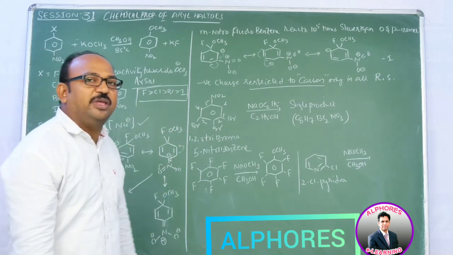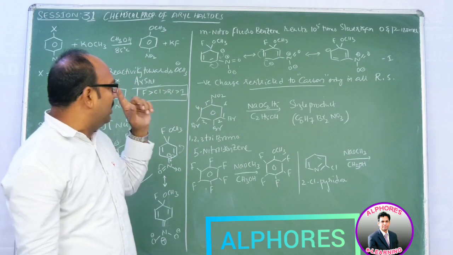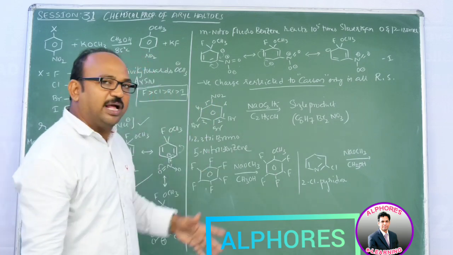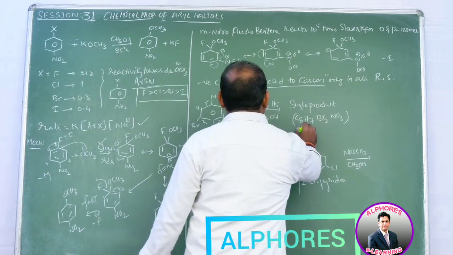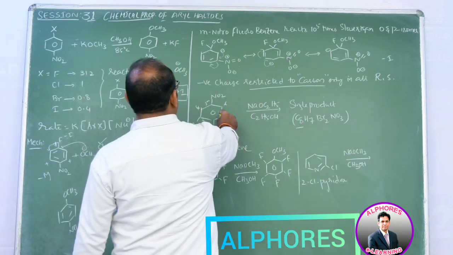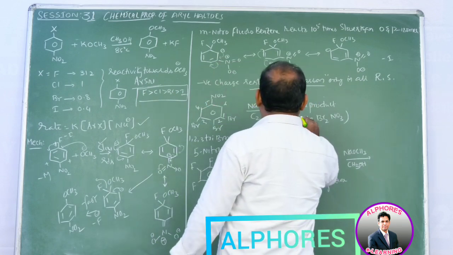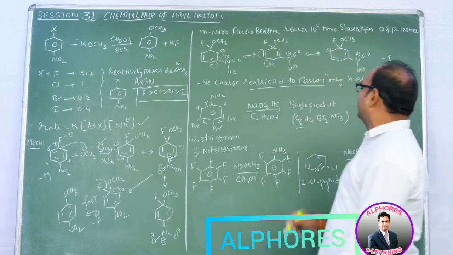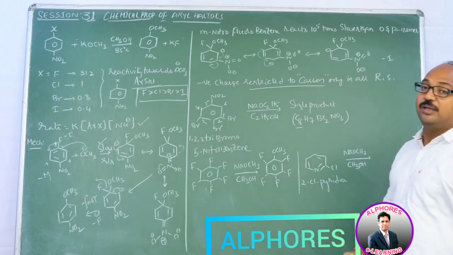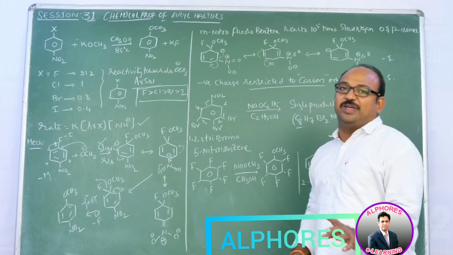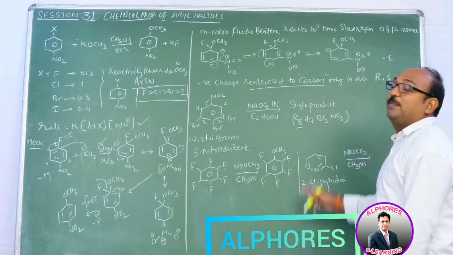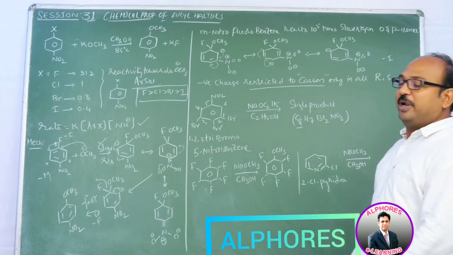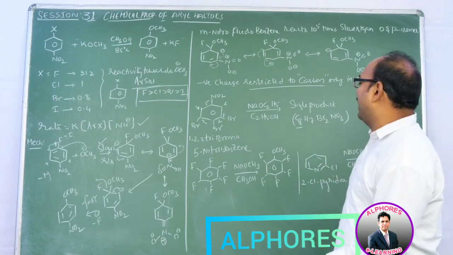Upon treatment with sodium ethoxide, you are getting only a single product. Can you predict which product you are going to get? Check out the answer here. C8, 8 carbons remain as such. How many carbons here? 6 carbons only, no? The final product you are getting is C8H7Br2NO3. So out of 3 bromines, it is very clear that 1 bromine only is going to be replaced, meaning the remaining 2 bromines remain as such. So which bromine will be replaced? Try to find that out.